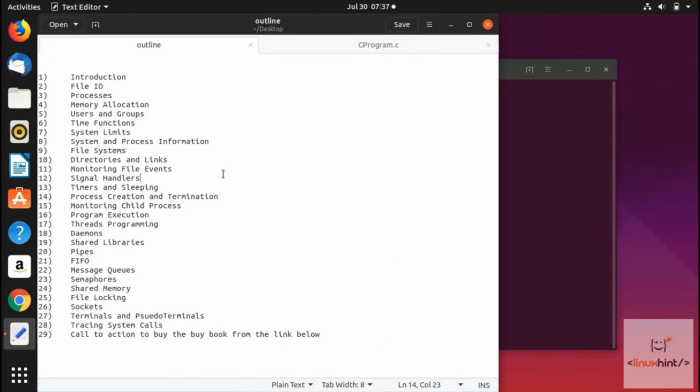The next topic is directories and links. An inode doesn't contain a file's name. Instead, files are assigned names via entries in directories, which are tables listing file name and inode number correspondences. These directory entries are called hard links. A file may have multiple links, all of which enjoy equal status. Links are